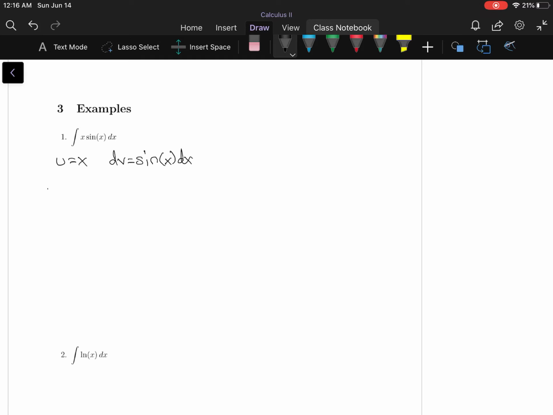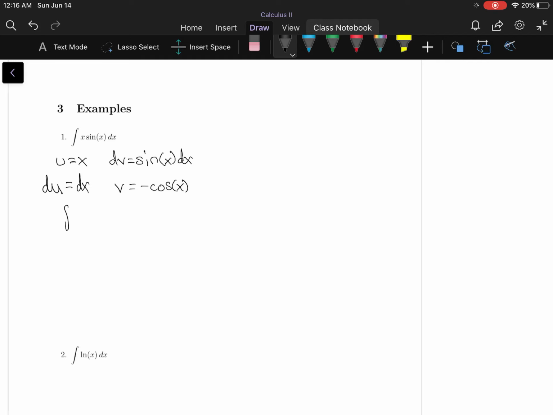Now, I said I need du, so since u is x, du must be dx. And v is obtained by integrating dv, so the integral of sine of x dx is going to be negative cosine of x. When doing these, there's no need to bring a constant c into it. That'll come at the very end. So now I've got my u, my v, my du, my dv, and I'm ready to actually apply